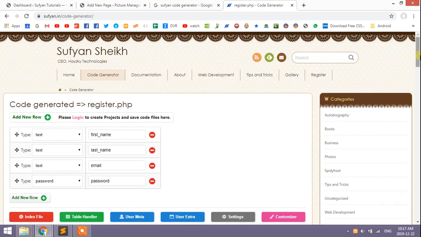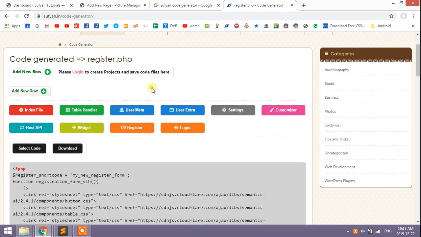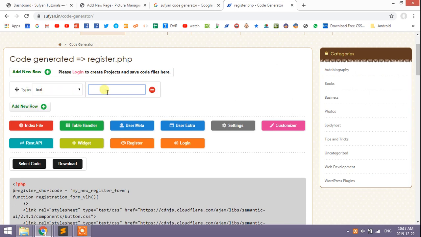First of all, we should create index file. This is plugin name, my register plugin. We should generate index file.